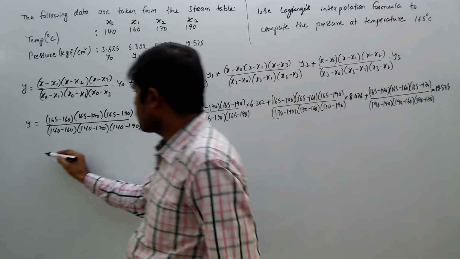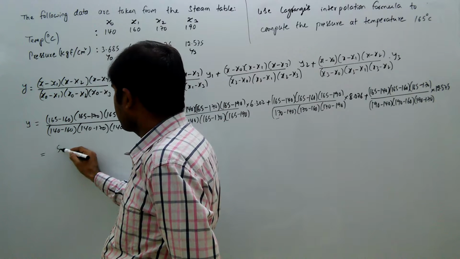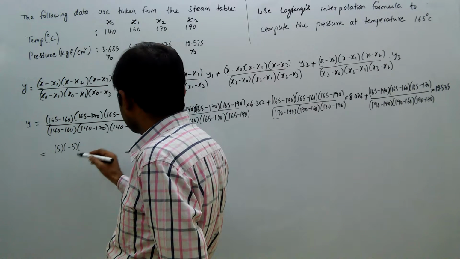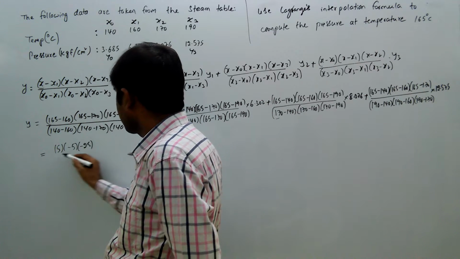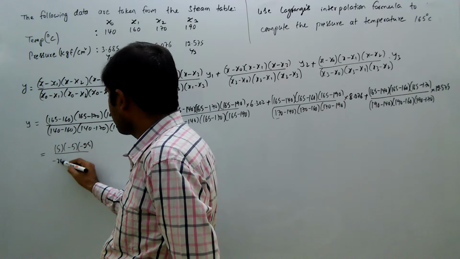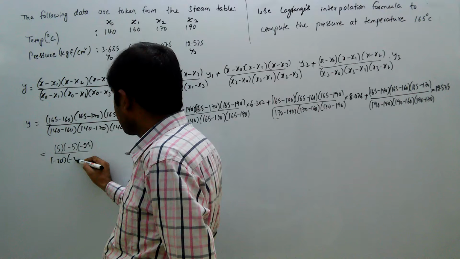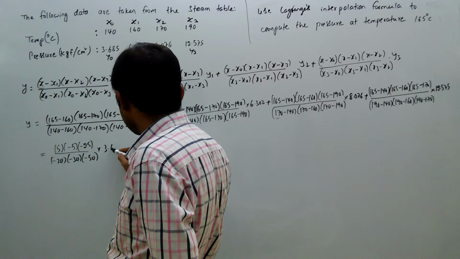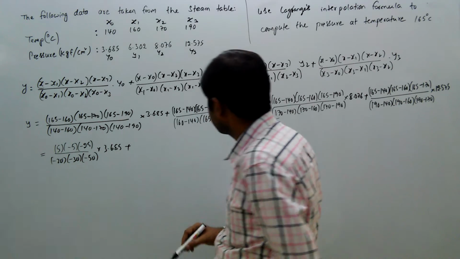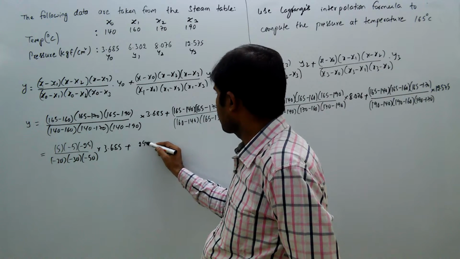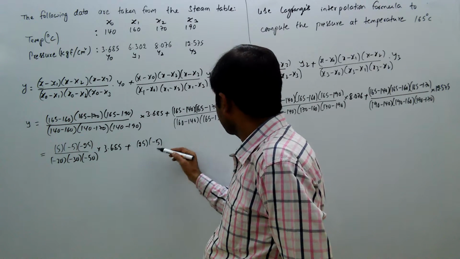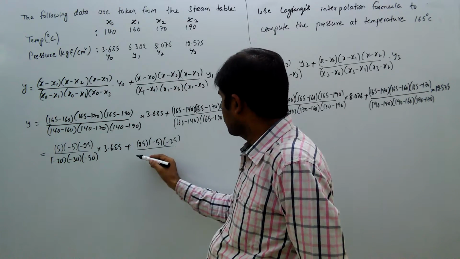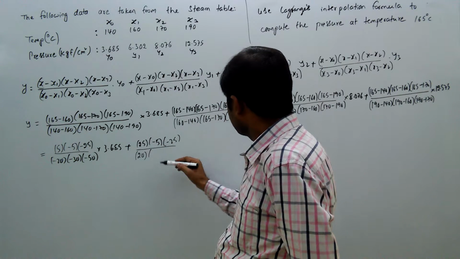So now calculating here: 25, here minus 5, minus 25 by minus 20, minus 30, minus 50 into 3.685 plus 25 minus 5, this is minus 25 by 20 minus 5